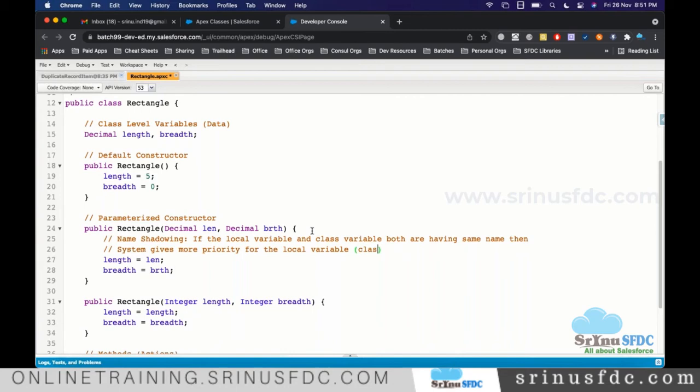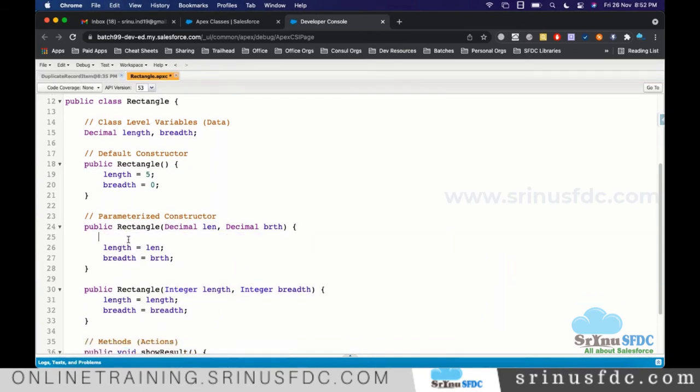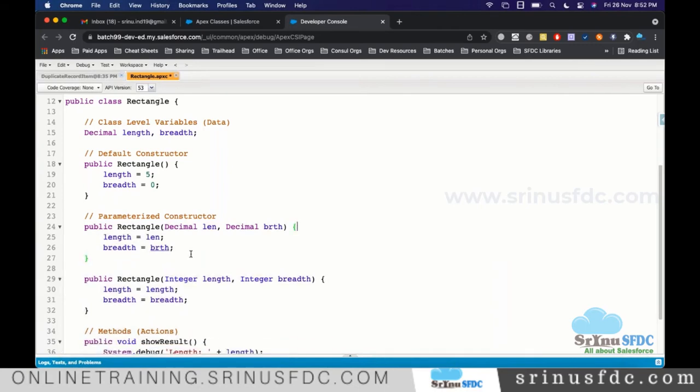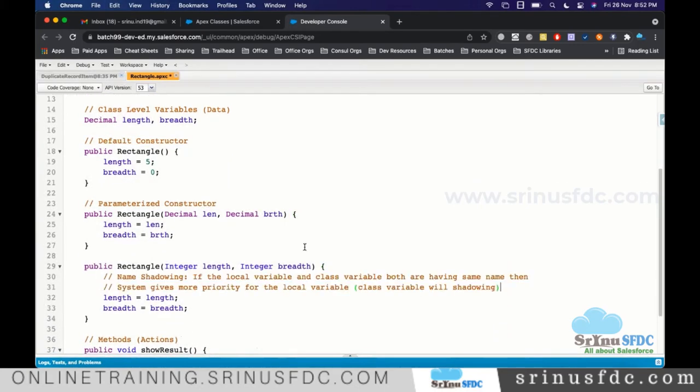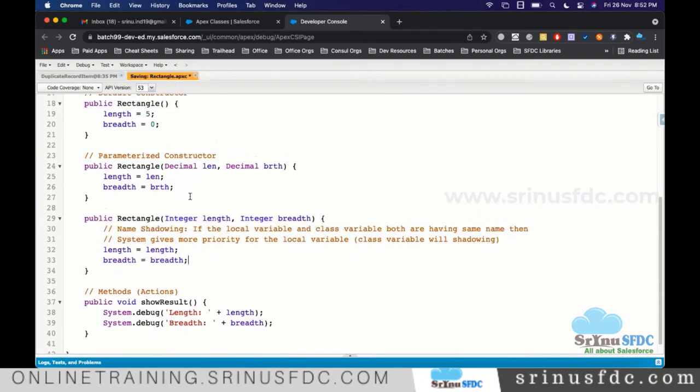The class variable will not be available, I mean, it will be hidden, it will be shadowed. That means since there is a variable with the same name as the class variable here, I am supposed to type this one inside here. We are talking about this part. So that's the thing. Now, to bring the visibility.